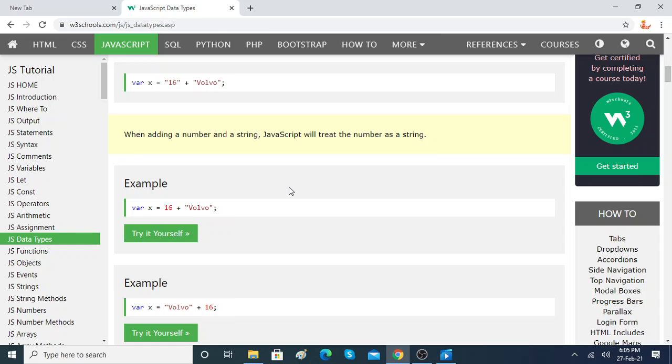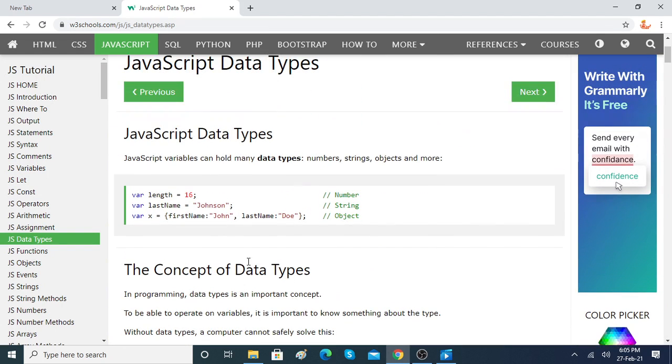So today we'll be looking at data types in JavaScript, right? And then so far we've looked at numbers, we've looked at strings. But there are more. There are numbers, there are strings, there are objects, and there are classes. So with the numbers,